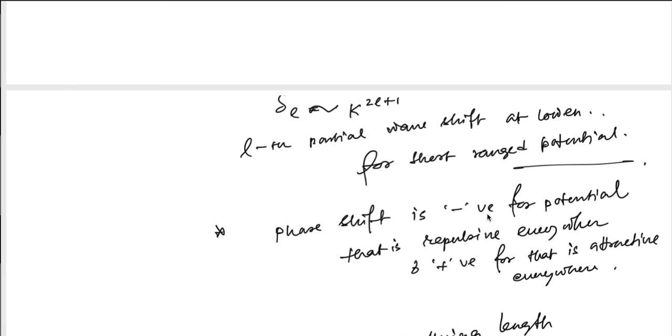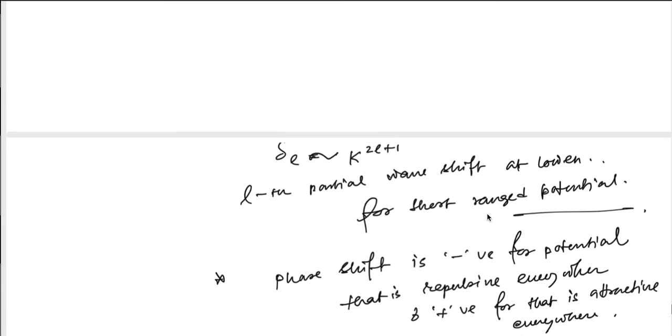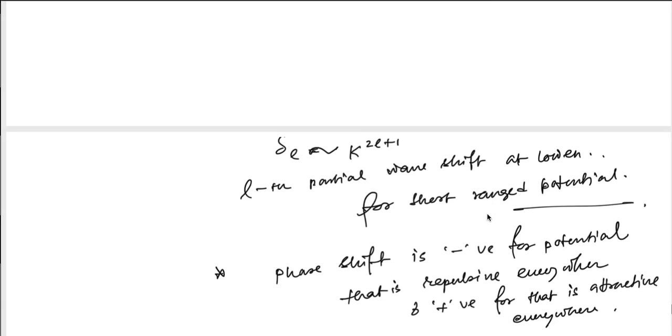One more thing: why it is called threshold behavior was not very clear to me. That nomenclature sometimes comes from some odd origin that I would have to look up, but just know this is called threshold behavior. The name is not important, just know that for an arbitrary short range potential the contribution is like that, and that supports our semi-classical picture that the Lth partial wave is smaller as L is higher for a short range potential, so you can ignore it for very large Ls.